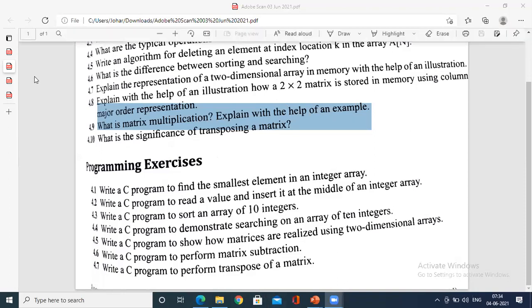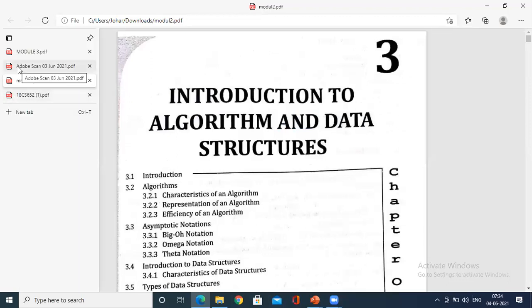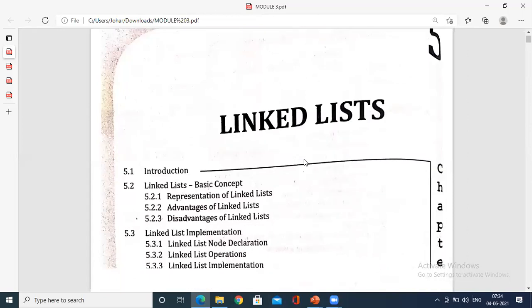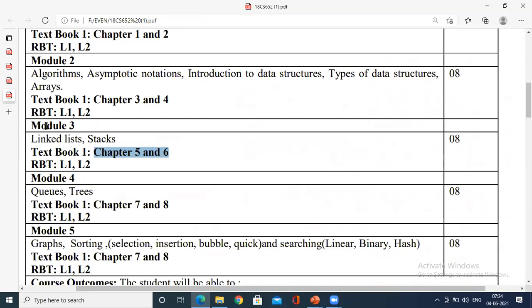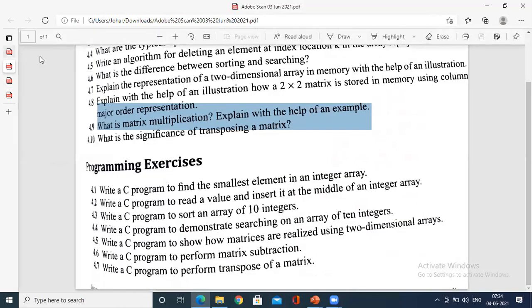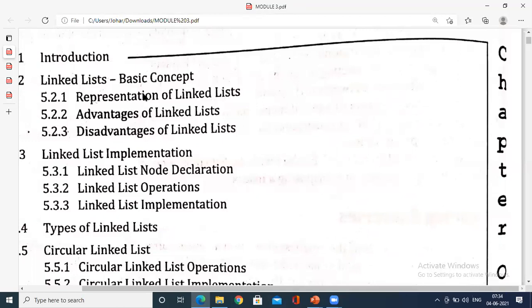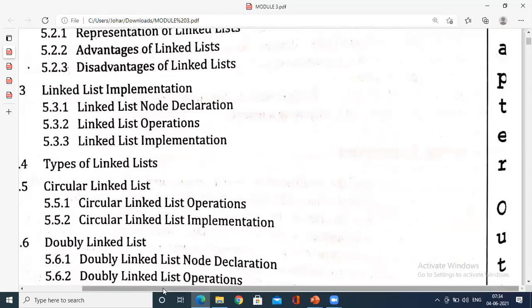So let me go to the new module 3, that is linked list. What all the concepts are we going to cover? As you know, the syllabus has not mentioned it in detail, simply chapter 5 saying linked list and stacks. So what is a linked list? After arrays, it is time for us to study the linked list. We have to study the basic concepts, representation of the linked list, what are the advantages and disadvantages, and what is the basic comparison between a linked list and arrays. These are all the major topics you have.